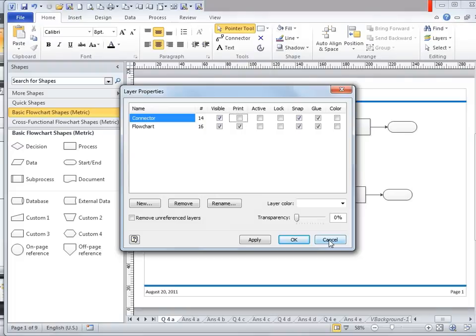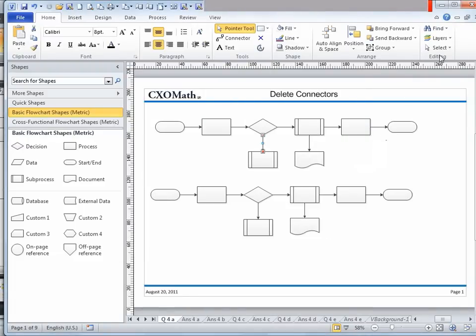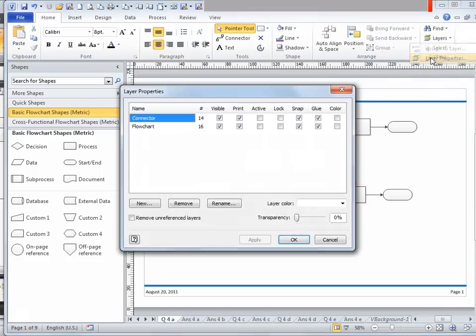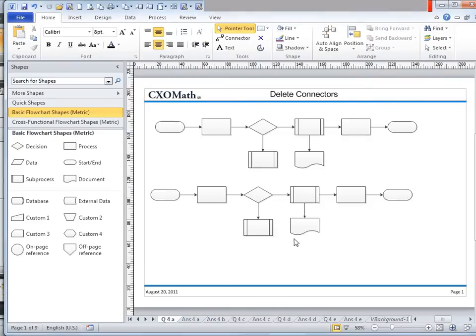So let me just show you what I'm talking about. I'm going to go to Layer Properties and I want you to remember two things. I want you to remember that there are 14 connectors and 16 flowchart objects. Remember this number 16. Now I'm going to go ahead and click on Connector and I'm going to go to